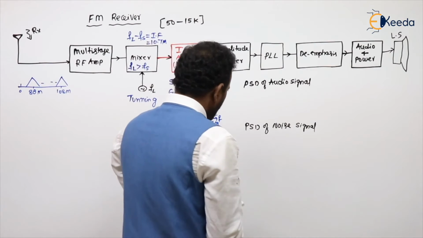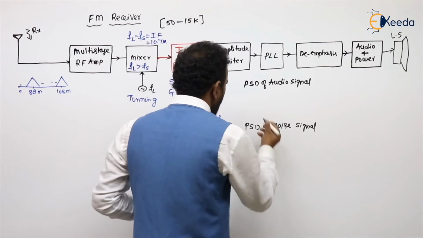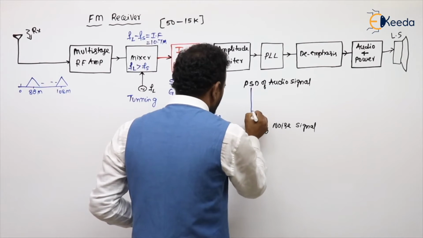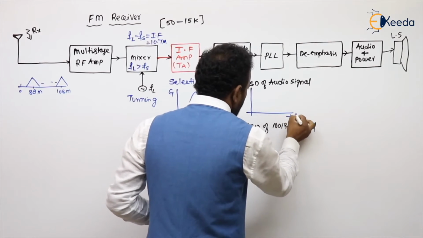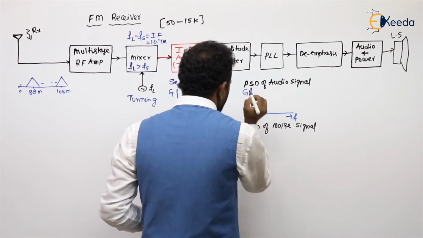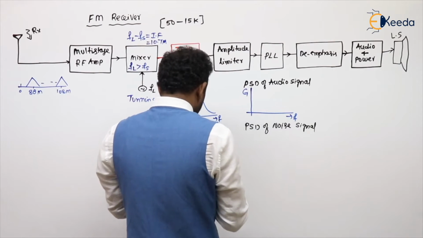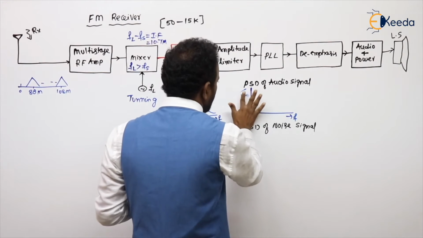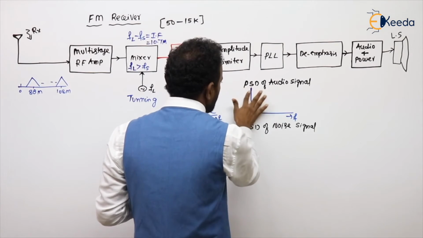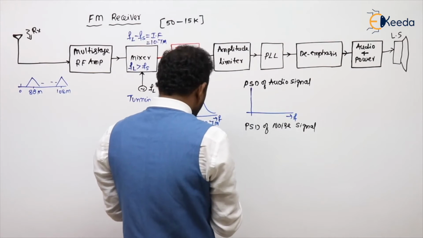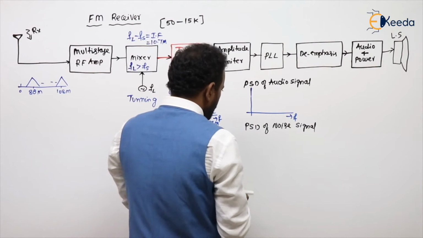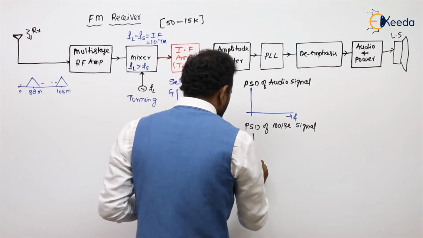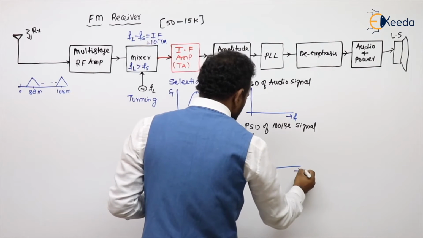So if I draw the frequency versus power spectral density of the audio signal as well as the noise signal,